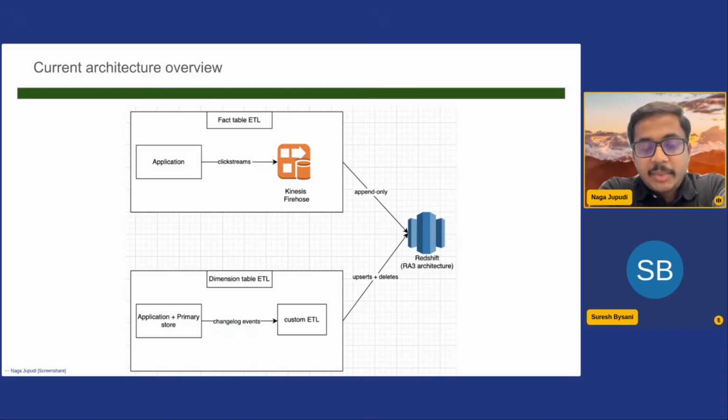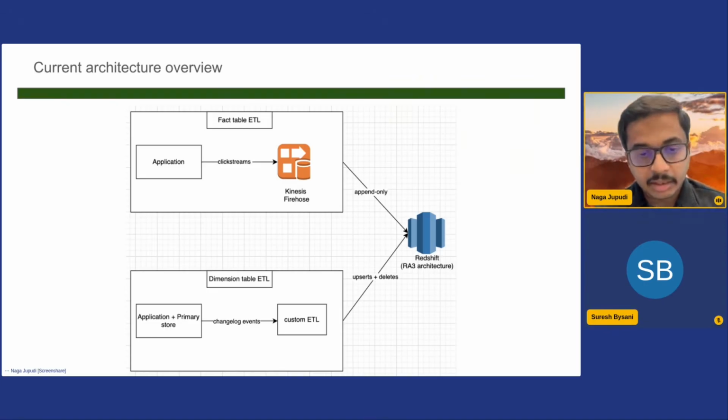And then there are dimension tables where we do have upserts and delete use cases. But here the dimension tables at Eightfold are not very small as compared to other use cases we usually find online. Here the dimension tables are really, really huge, where we had to do heavy lifting of the ETL.